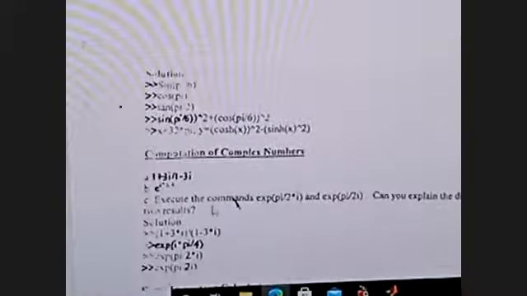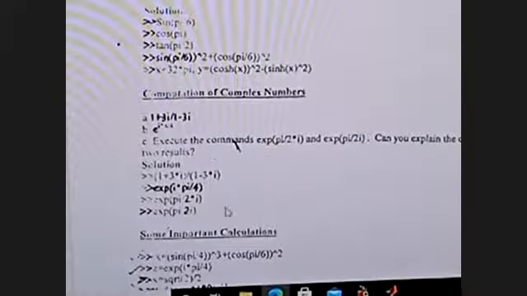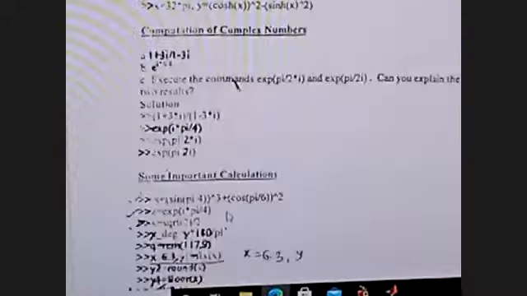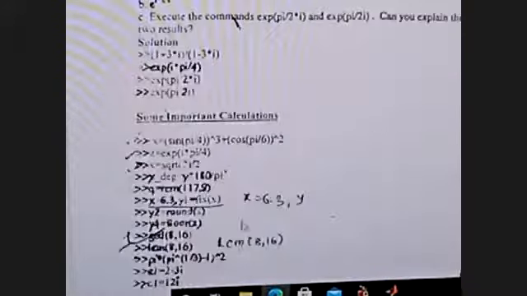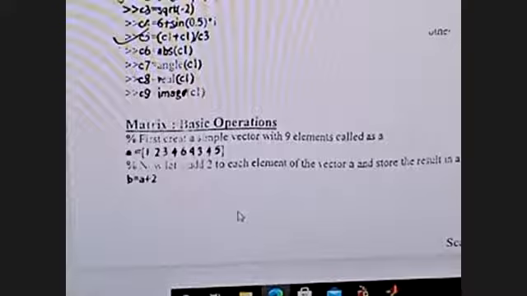And also we have seen the complex numbers, how to represent the complex numbers in MATLAB. In last class, we have seen. If you want to find the real part of the complex number, what is the inbuilt function? REAL is the inbuilt function. If you want to determine the imaginary part, IMAG is the inbuilt function. If you want to determine the angle, ANGLE is the inbuilt function. If you want to determine the magnitude of a complex number, ABS is the inbuilt function. All these are the inbuilt functions.